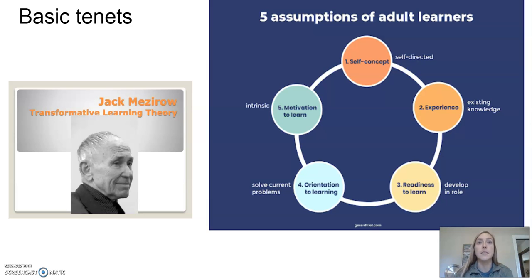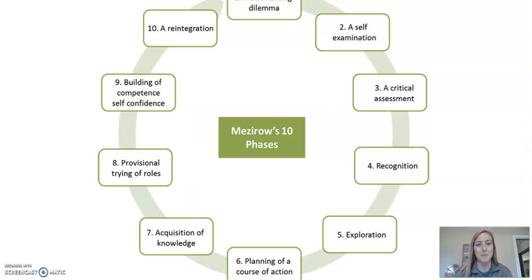It's based on this concept that as an adult, you already have ideas, preconceived notions, or assumptions about the way something works or the way the world is. I put this picture up of assumptions about adult learners because those assumptions tie pretty closely to transformative learning theory. And I really like this theory because it is action oriented. Ultimately, the theory says that through shifting your perspective, people can change their behavior, which is action oriented.